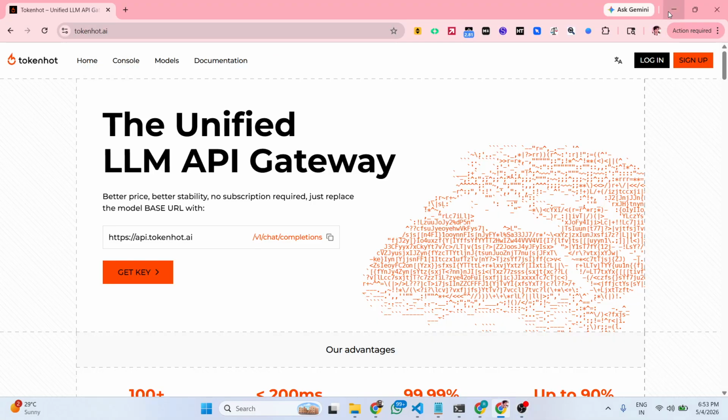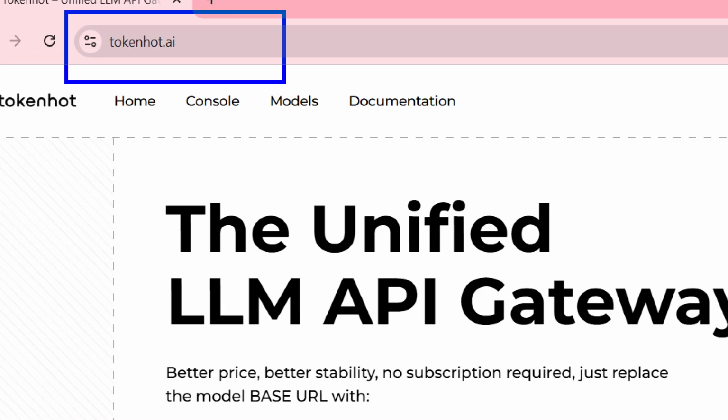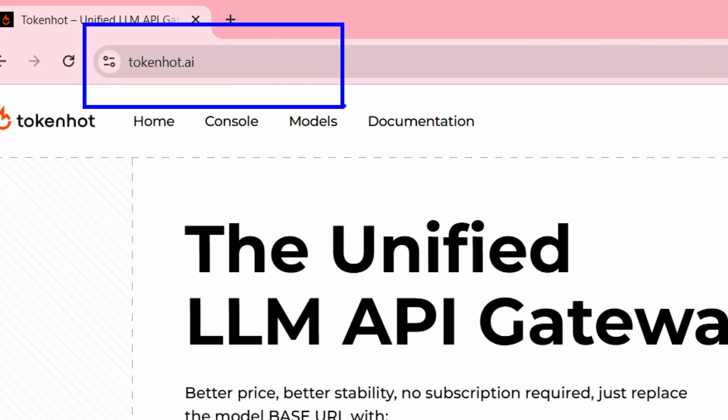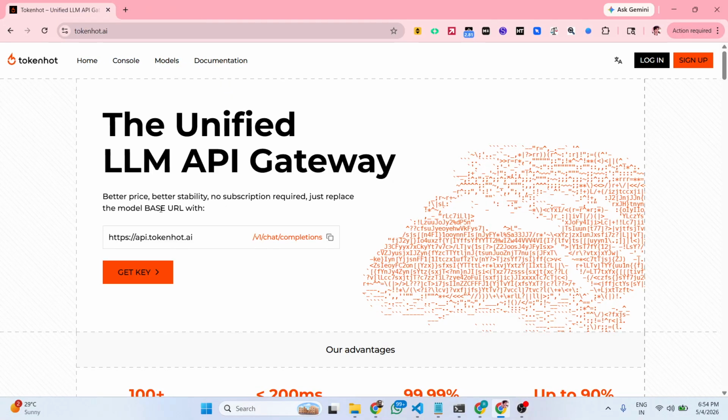Hello guys, in this video I will show you an LLM API gateway website which allows you access to multiple AI models directly using their API key. Recently I found this website. It's called tokenhot.ai. If you simply type this address in the browser, this is actually